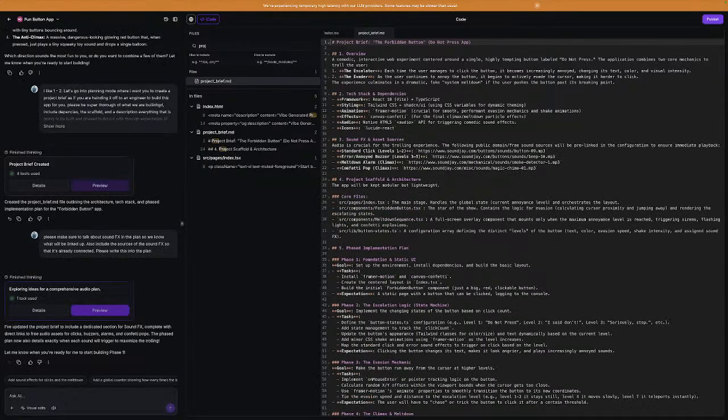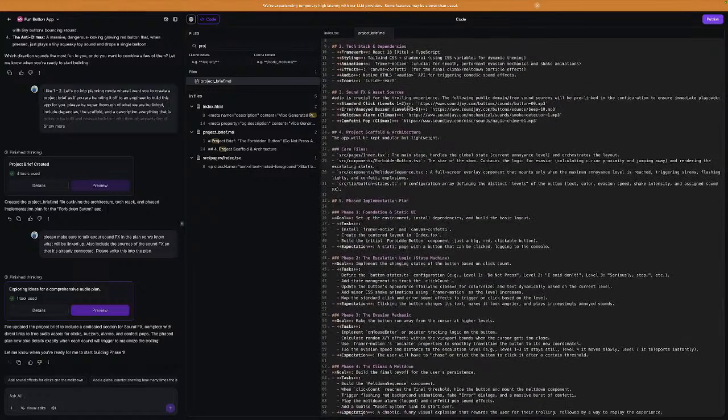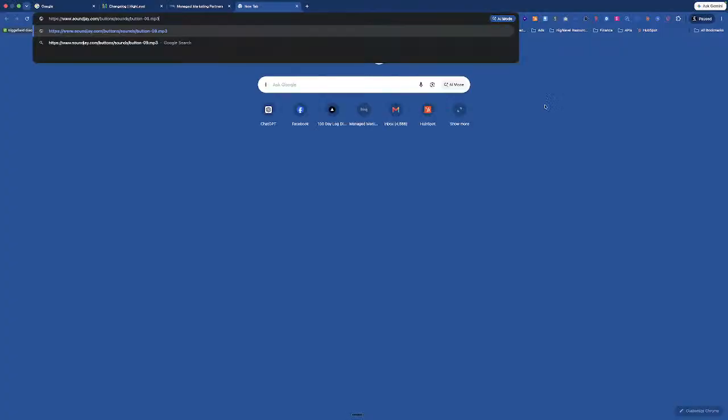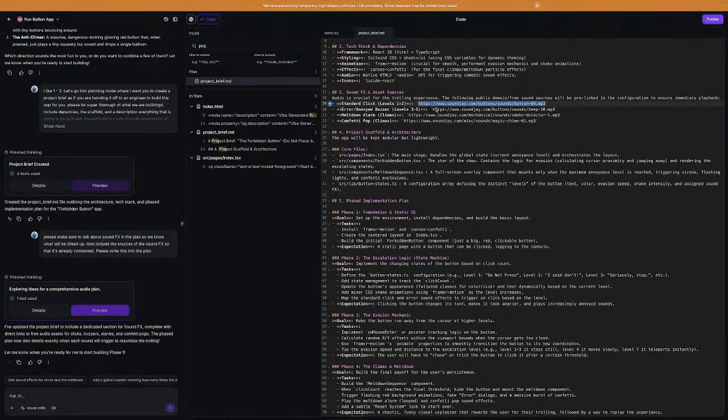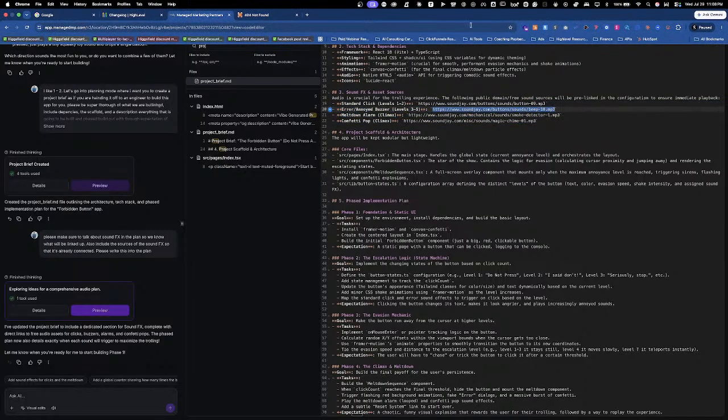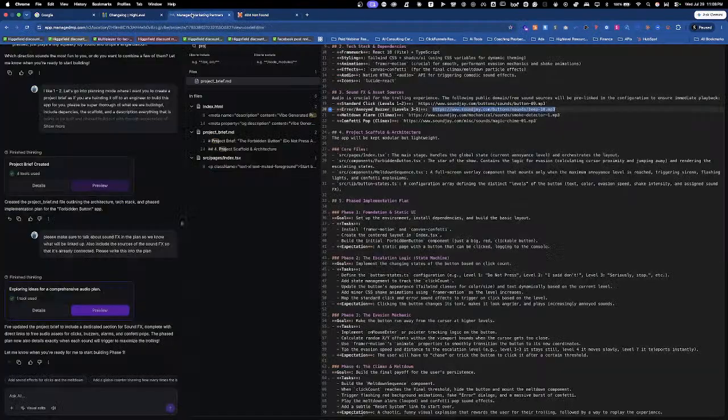Okay, great. So now we've updated it. We have all of our sound effects right here. And we can actually go and visit the websites just to make sure that they're actual effects. So this is not found. That's not found.